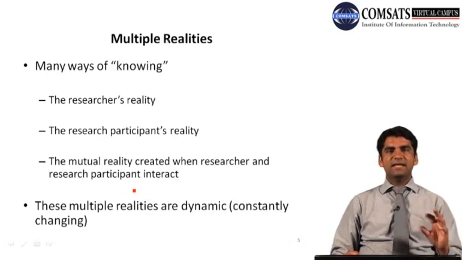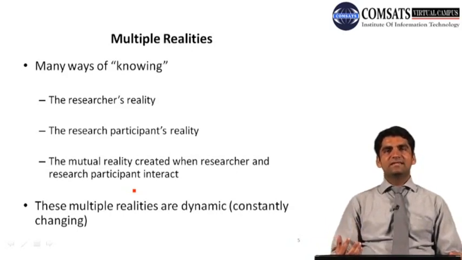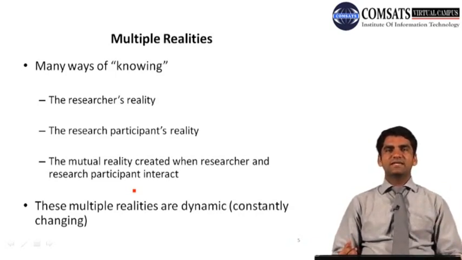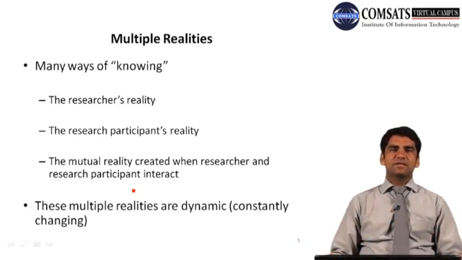So the multiple reality phenomenon is dynamic in the sense that if you go and see the same thing today for the first time, you might have a different opinion than if you go and see the phenomenon again after 10 or 20 days, again after 30, 40, 50 days, and then again after, let's say, 6 months or a year. So this is why the multiple reality phenomenon is called a dynamic phenomenon.